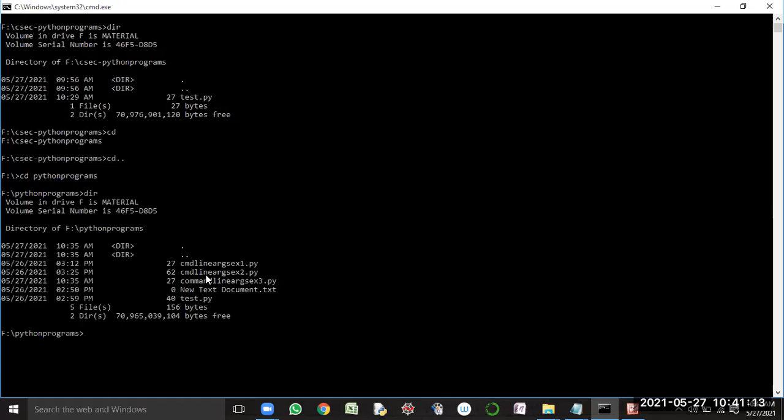Here you can find the list of files and directories available in the Python programs folder. What's the program name? Command line arguments example3.py. It's a program, yes sir. We have written the logic inside command line arguments example3.py. To execute this program, the py command has to be used, py followed by the command line.